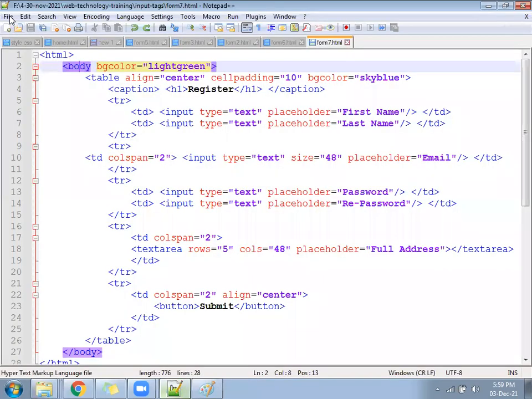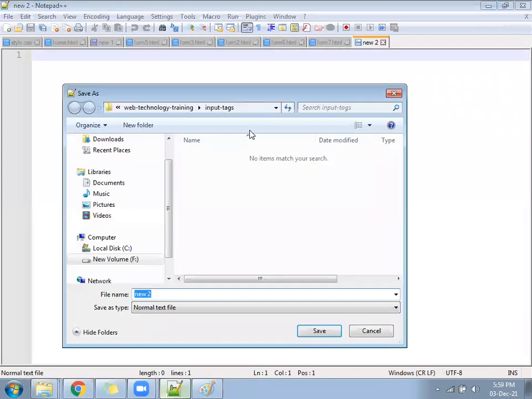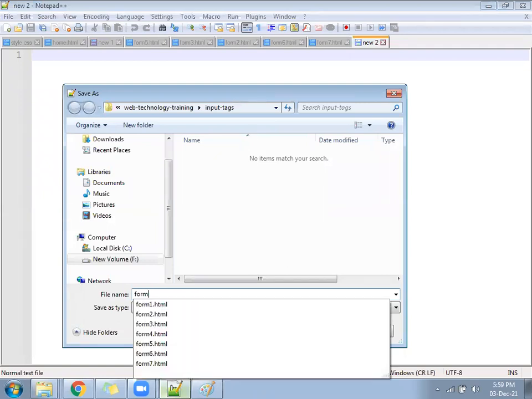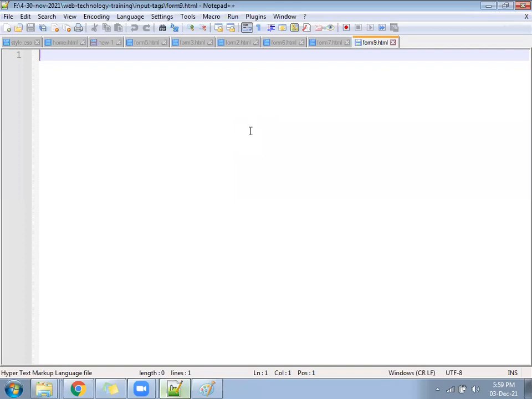I'll create a file. Let me save anything, form 9, 10, anything. Form 9.html, let it be, no problem. The file name can be anything.